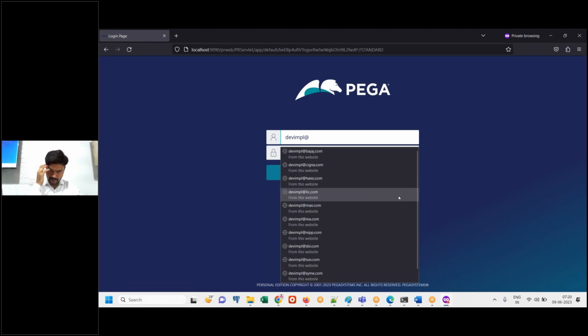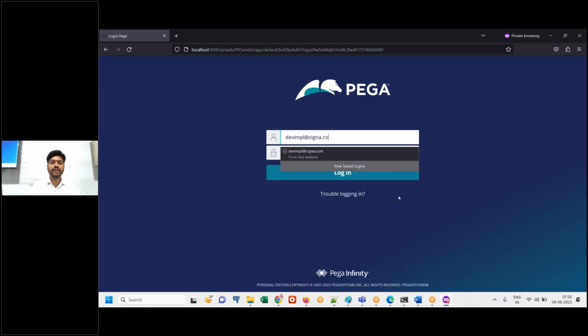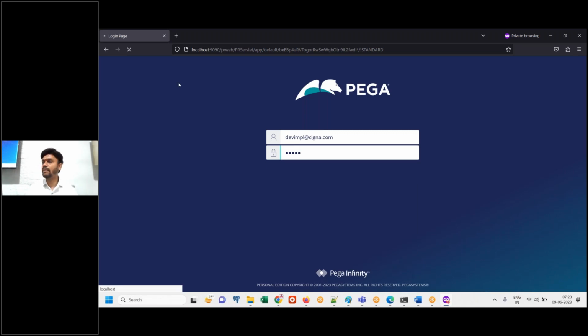So Deva MPL at 3.8. The previous batch is okay. Signal. Okay. So already developed application. I'm going to log